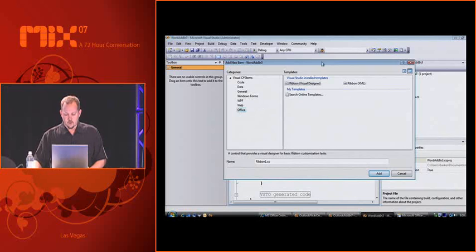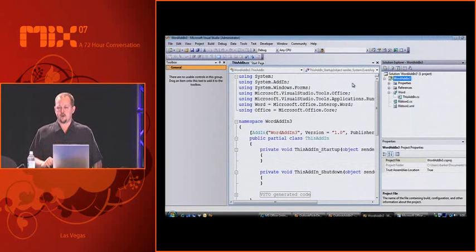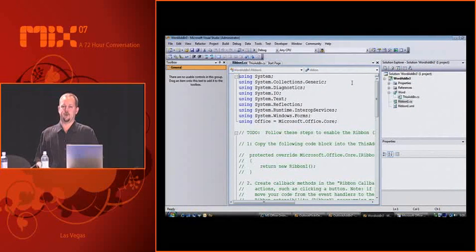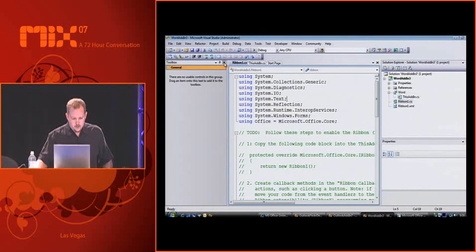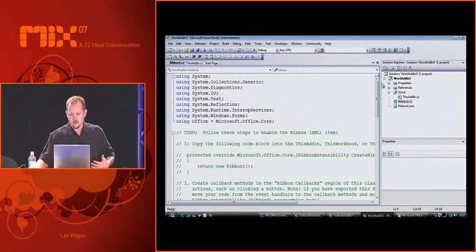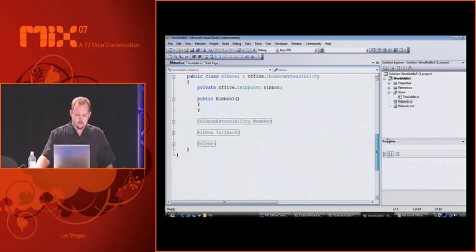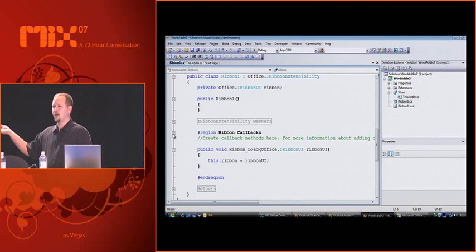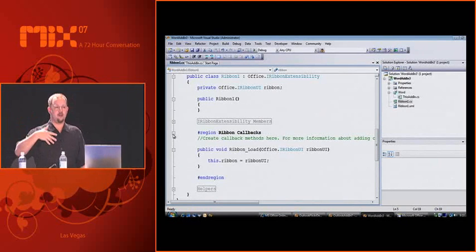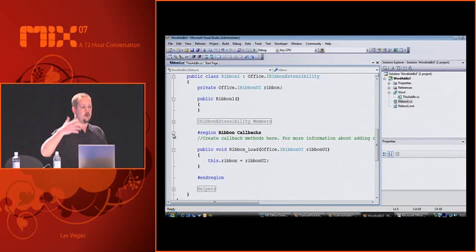Now, one thing I do want to show you very quickly is if I'm going to go ahead and pick the old way of developing this, right? So this is the way that you can develop ribbon customizations today inside of Visual Studio 2005 Second Edition. So you kind of get stuck, number one. Now you can kind of see, now I'm in my ribbon class, I've got a bunch of stuff, and probably the biggest thing to focus on is callbacks. Right? So I have these callbacks that I can use to capture my events against my buttons, against my toggle buttons, all those different things.